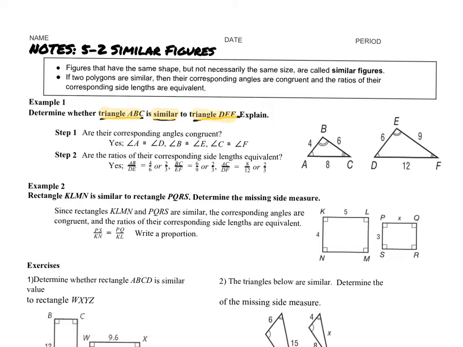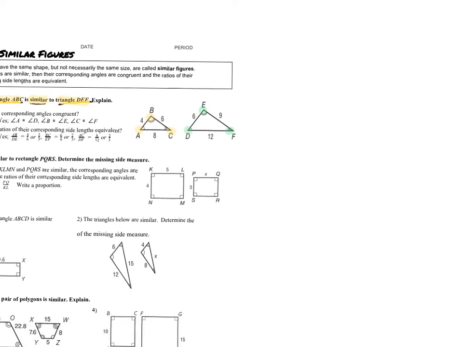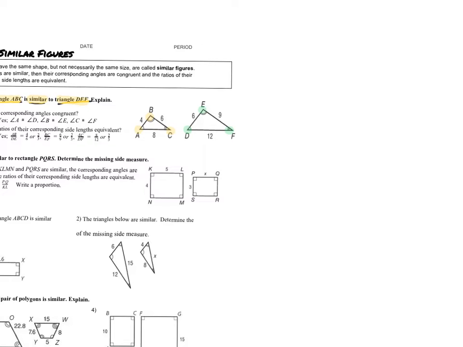So this ABC, not ABCD, ABC and DEF are going to be similar. That means that A and D are the same angle, okay? With similar figures. So I want you to write this over to the side. With similar figures means congruent angles